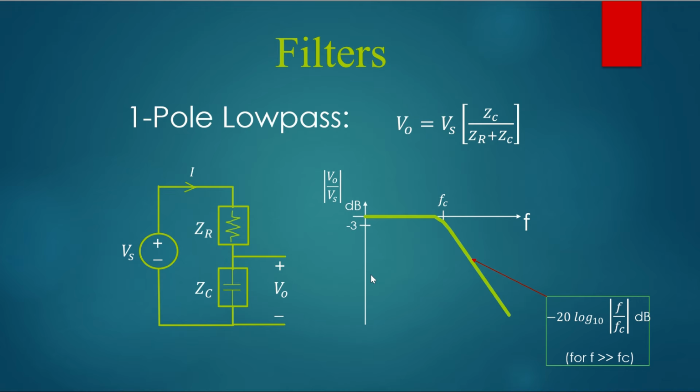Let's start with a low-pass filter because that's the easiest filter to understand. Remember, the capacitor impedance starts out high at low frequencies and then gets very low at high frequencies. Sometimes we say that it shorts out at high frequencies. It never quite shorts out, but it gets very much smaller in value than this resistance up here, which stays